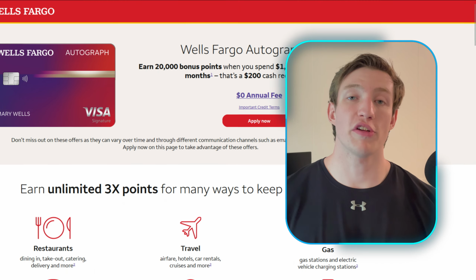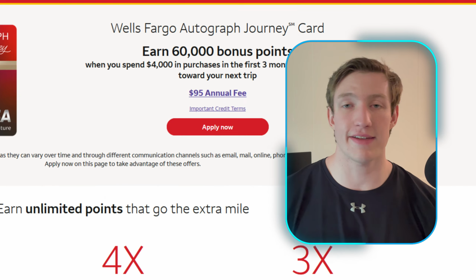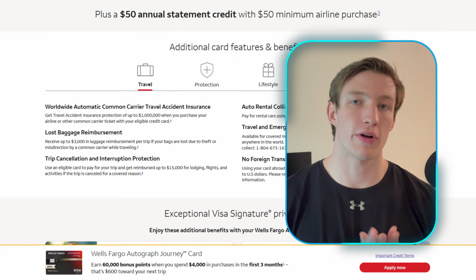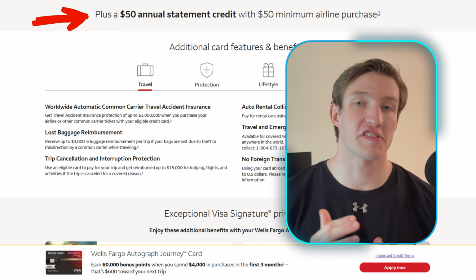We'll talk more about the spending categories later, but the first big difference I want to highlight is the annual fees. The Wells Fargo Autograph credit card is going to be your $0 annual fee option. On the other hand, the Wells Fargo Autograph Journey card is going to have a $95 annual fee attached to it, but as I mentioned, it is focused on travel and will actually give you a statement credit. With our Wells Fargo Autograph card, there's going to be no statement credit, which is not uncommon for no annual fee cards. But with our Autograph Journey, where we do have that $95 annual fee, we will see a statement credit. With this card, you're going to have a $50 statement credit each year